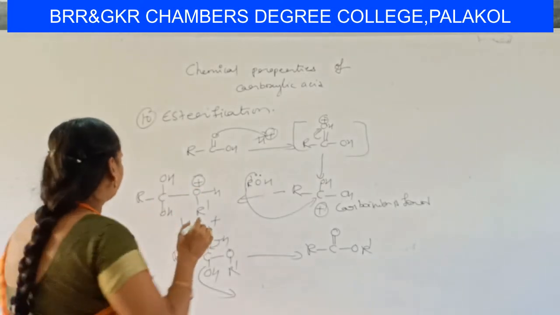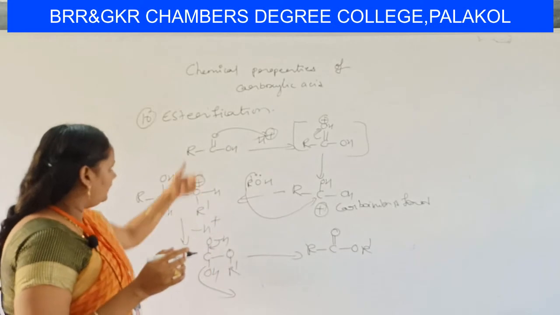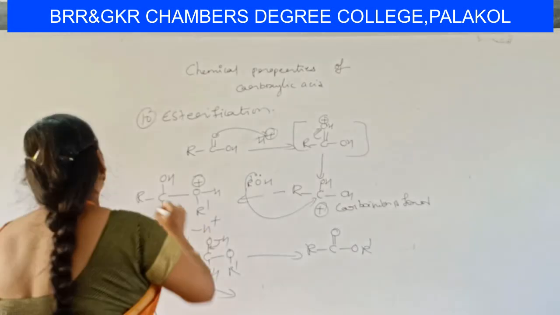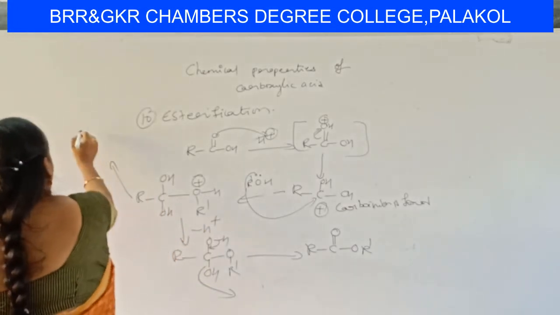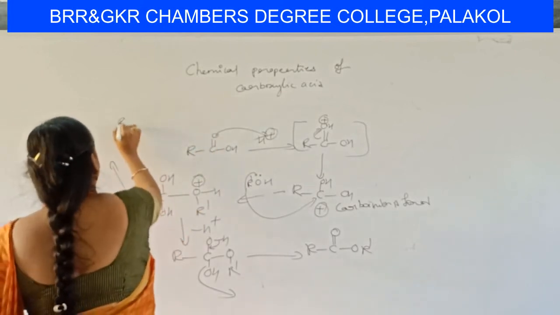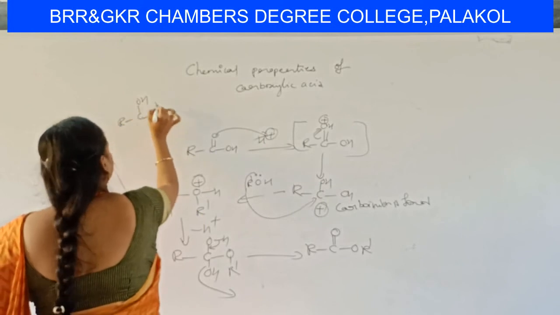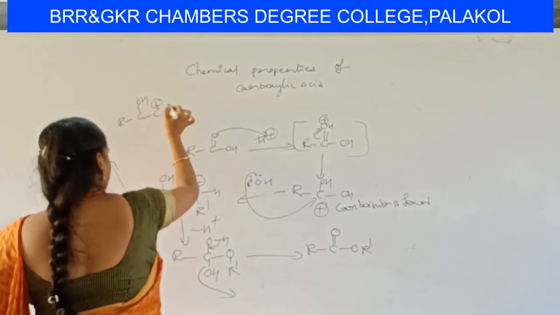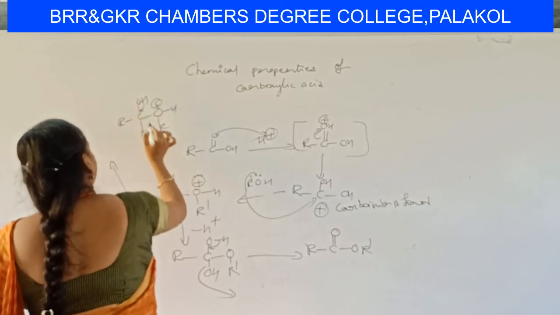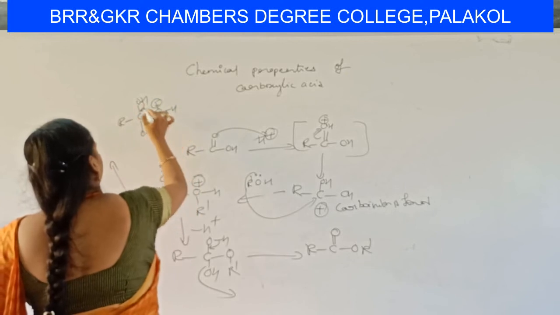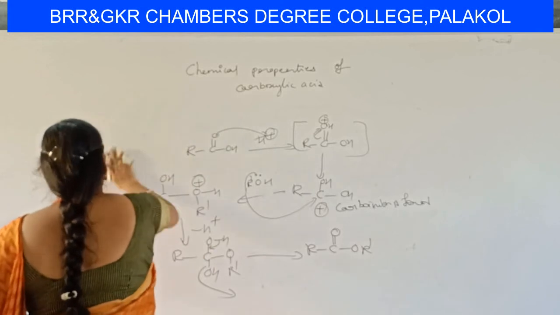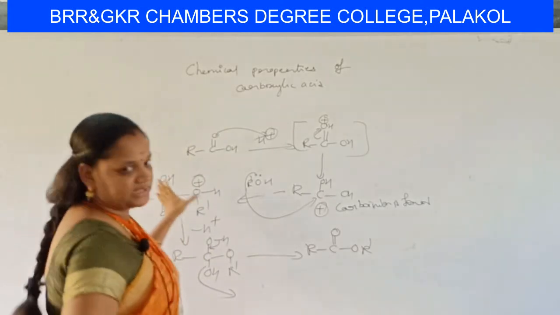Okay. Here in this case we can do like this also. We will remove the proton which is added in the first step, and finally you will get ester. Or from this you can do like this also. This can be also done like this. RCOH plus HROH. Okay, if you remove the proton here, so you get C double bond O and this will go out. You can do like this also, but you will get confused. Remember, in this way only.